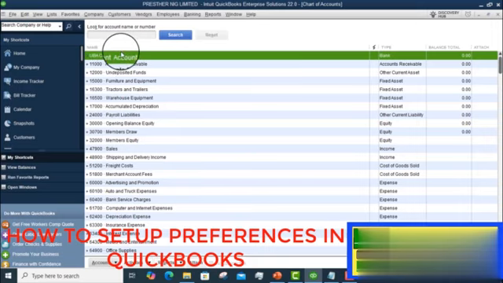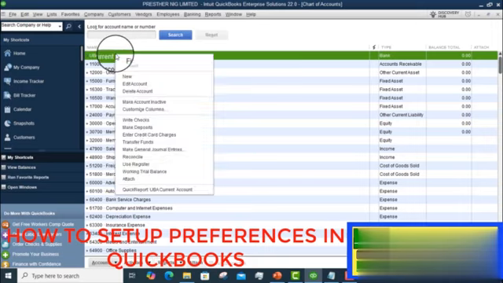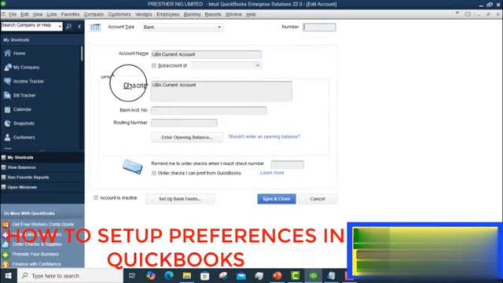So now what do I do? I click on this UBA, and when I right click on it, I click on edit account. So this is edit account. With the recommendation of international financial standard, all accounts relating to banks and cash start with 10,000. So I enter 10,000 there. But if I don't want to start with UBA as my first ledger under banks, I will have to use my own number to be able to allocate it properly. Let's say I want to say